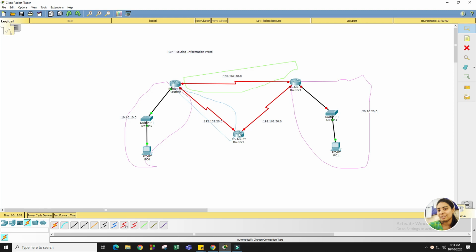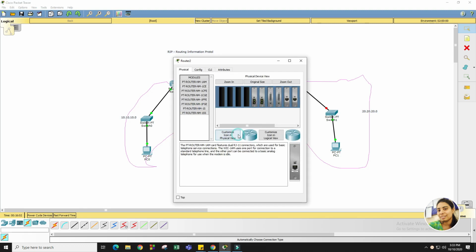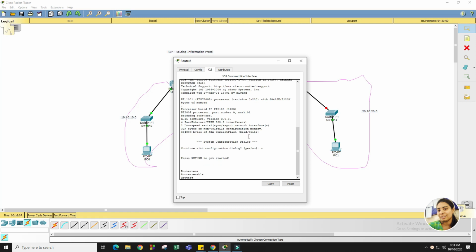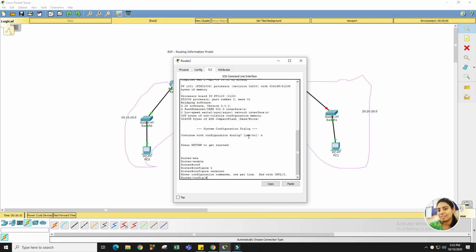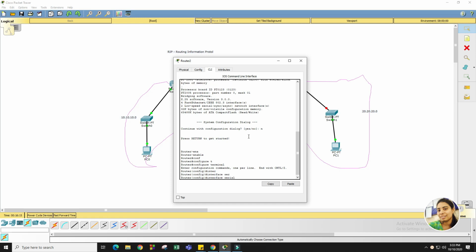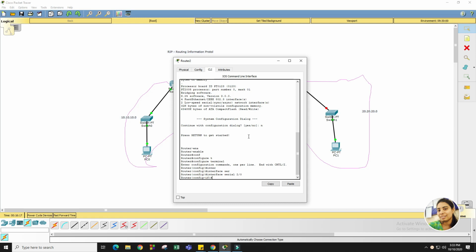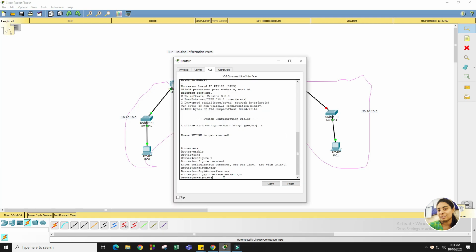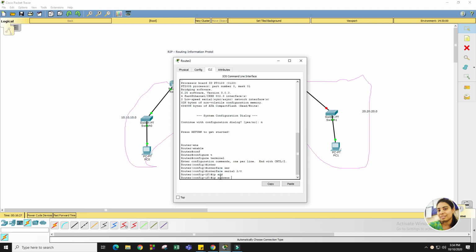Now we'll configure this particular router. In this router, you can see serial number 2 has the 20 series and serial number 3 has the 30 series network, right? So we'll enter into the CLI and then enable, configure terminal. We'll enter into the interface, that is the serial 2/0. As we know that this 2/0 is this one,